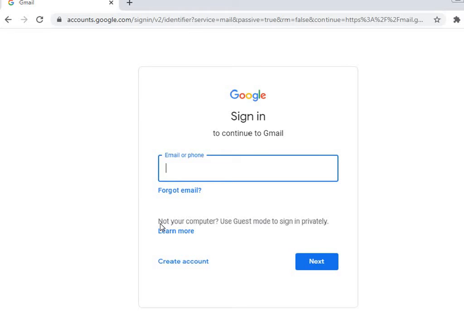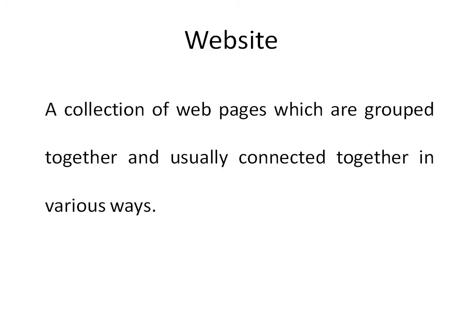Now, what is a website? It is the complete collection of web pages. When we say Gmail, the first page that we get is a login page, right? In case we want to create a new account, we press create account. It will take us to a new web page where we will be asked for first name, last name, and all the information for creating an email address.